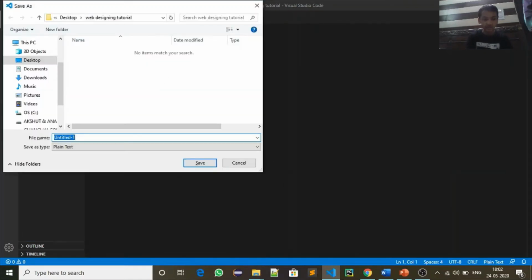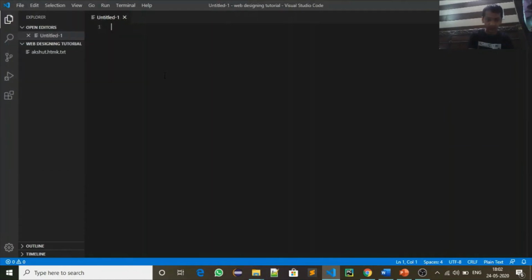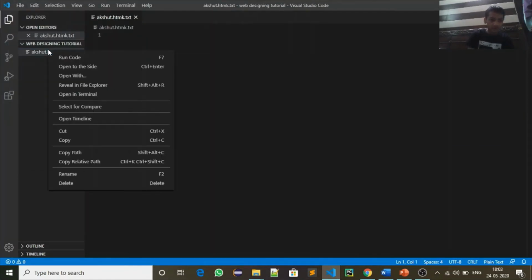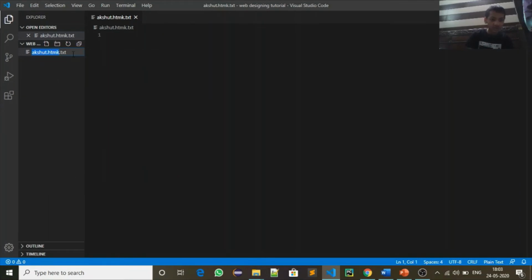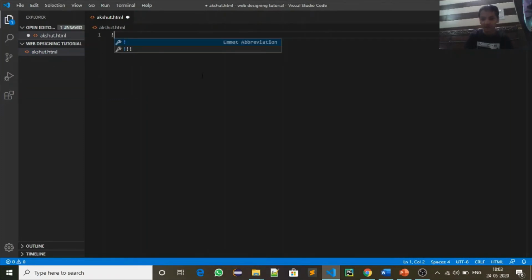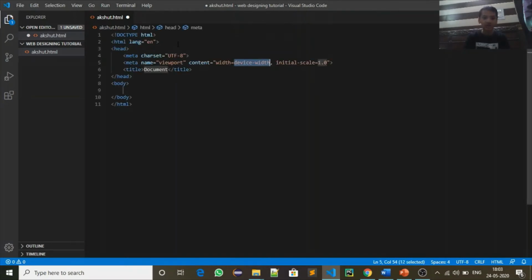So I will refresh it once and close it and create a new file by pressing Ctrl and N, and I will name it as akshat.html. Sorry, one mistake has happened. .html. So now you will click on the exclamation mark and see Emmet abbreviation. So when you click on it, you will receive a boilerplate of HTML and you can edit it and create your own website.